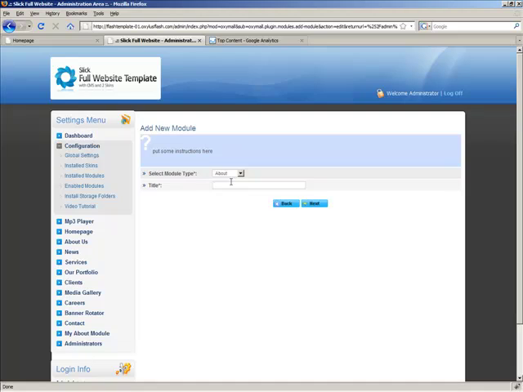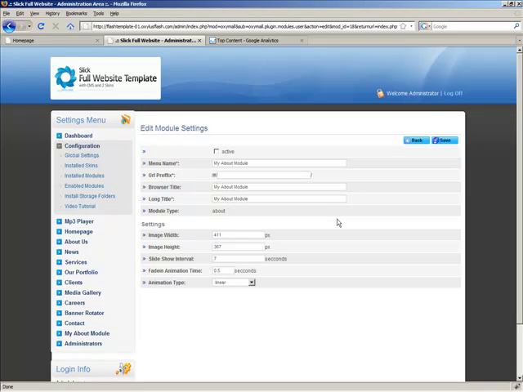and then type the title for this new module. My About module. Then click Next. In this new screen, you can configure the URL prefix for this module. It must be unique to avoid any conflict with any other installed modules. As a trick, if you click on the menu name and then you click out, the URL prefix will be auto-generated from that field.